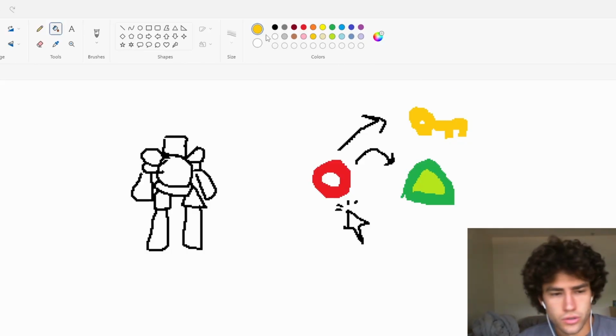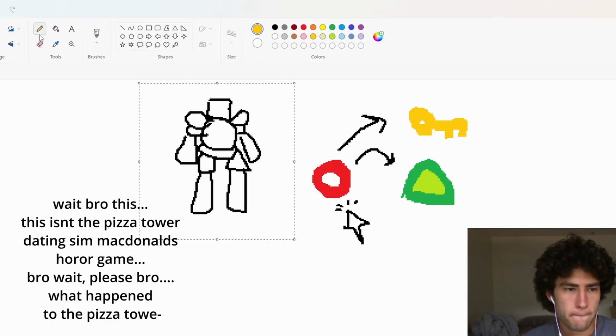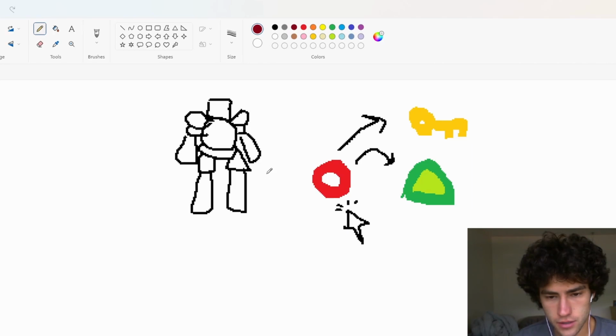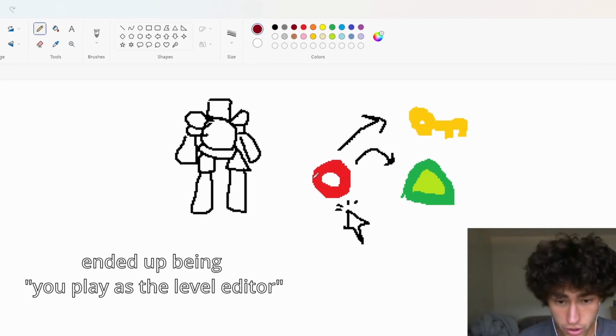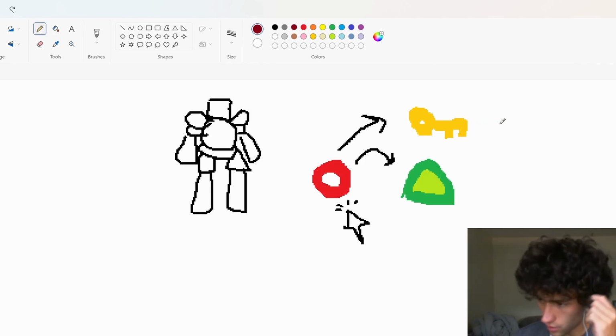But here's the theme of the game. Basically, you play as this robot, and it's like a roguelike, so there's little tiny randomly generated levels, but it's more of a sandbox because you play as the developer of the game. Roguelike, but you play as the game developer, so you can edit any item and turn it into anything else. So I'll have to figure out a way to balance it, but basically you can click on this bullet and create a slime or a key instead. And once you satisfy the requirements of the level,